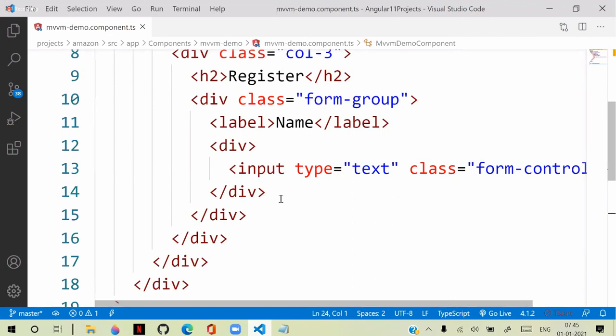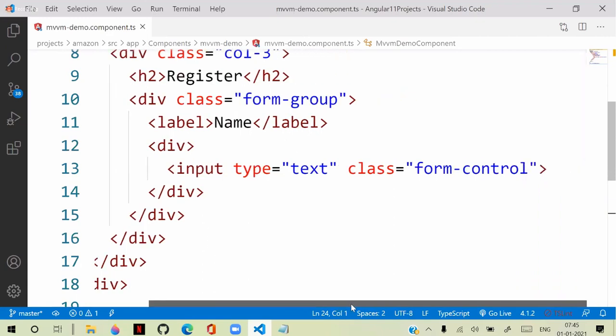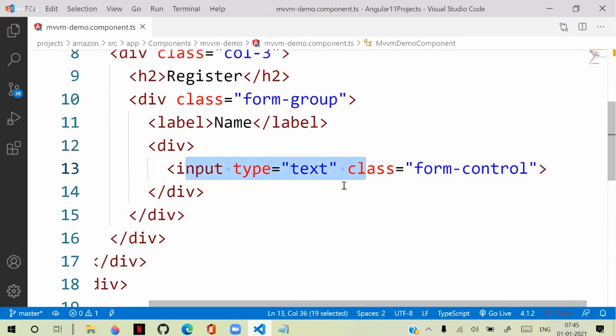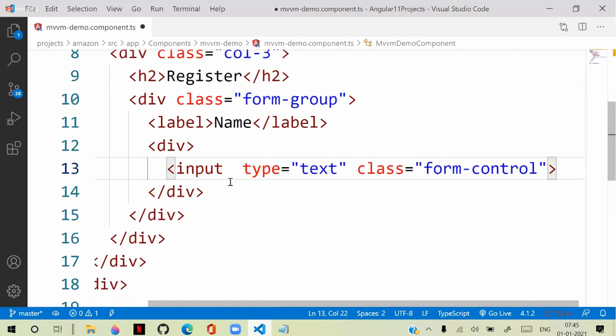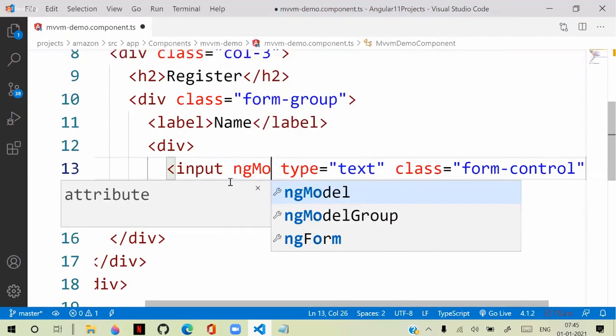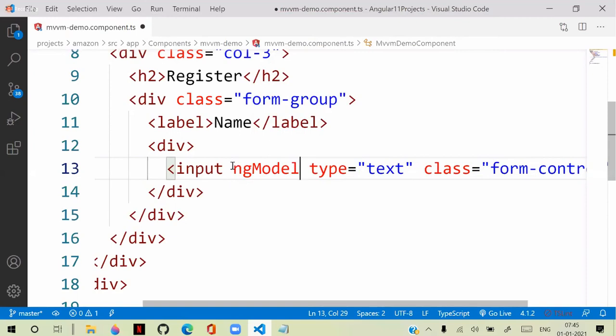If everything is managed in the view, that means now this text box is configured as model. That means we have to make it dynamic. We can make it dynamic by using ngModel. Adding ngModel will make this element dynamic.